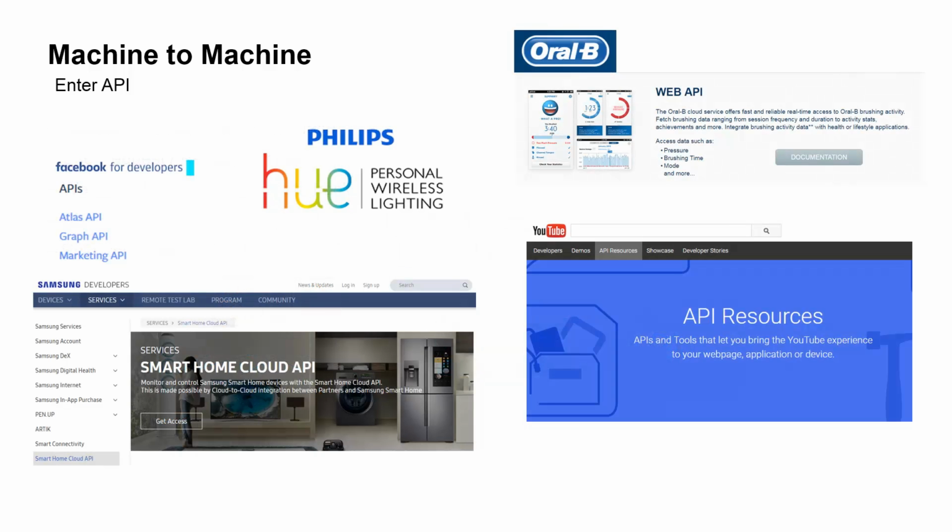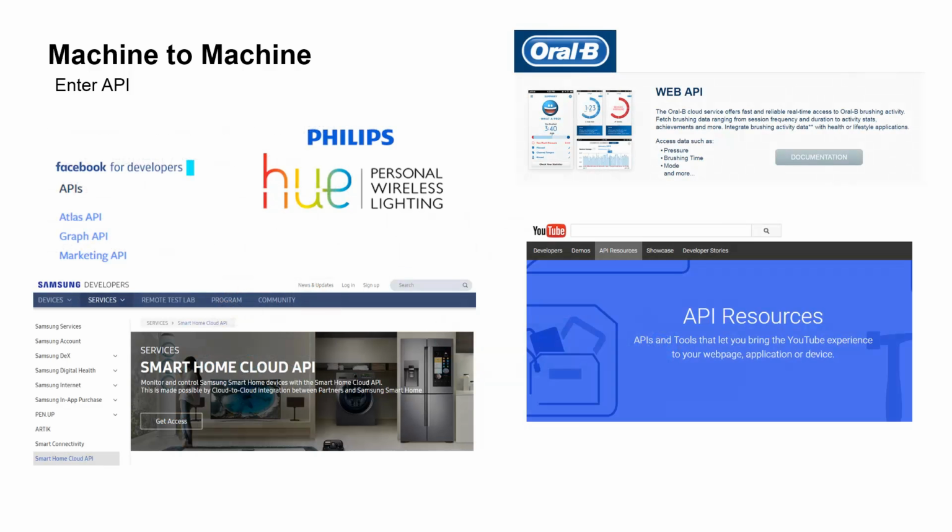Also, we've got the stranger one, which I've mentioned in a previous video of mine, which is that there's a web API from Oral-B, which means that your toothbrush can record the amount of brushing time and all of these amazing stats. So it's got pressure, brushing time, mode, etc., which is a bit creepy. So you can check up on your kids' brushing habits. And Philips are really all in on this with APIs for home automation. One of the things they've got is the Hue personal wireless lighting system. You can do all funky things with your wireless lighting and interact with it, and the way that you interact is via the API.